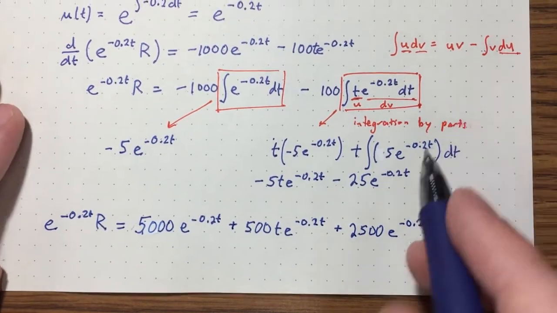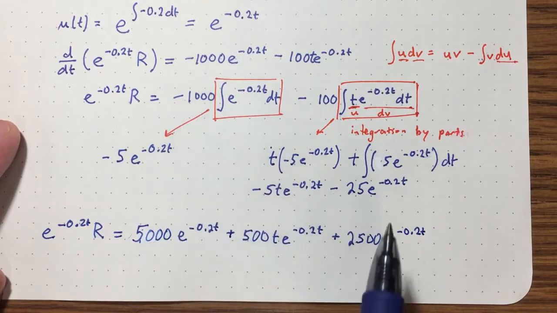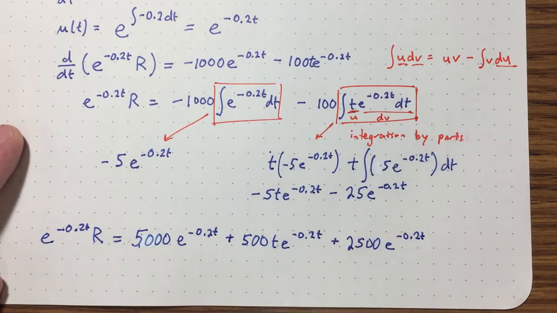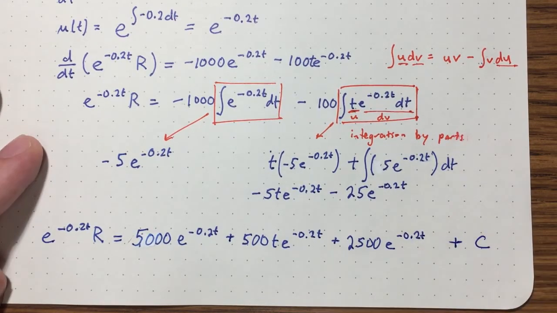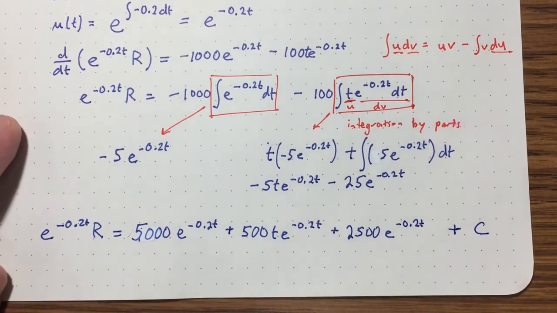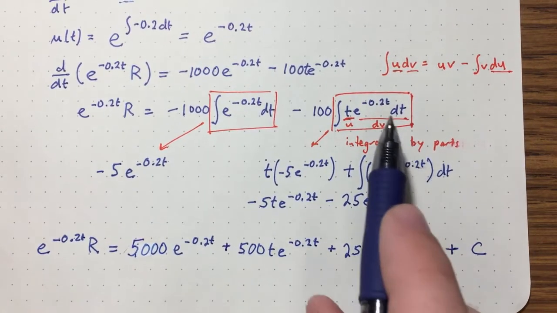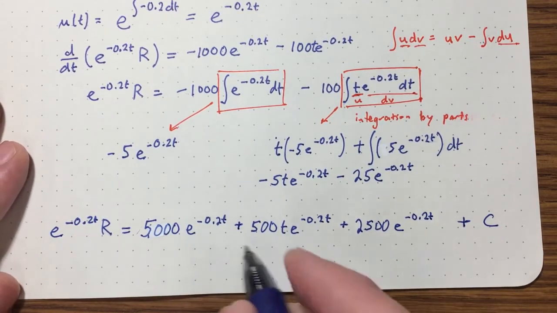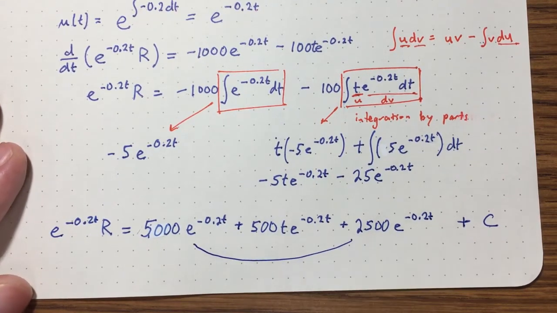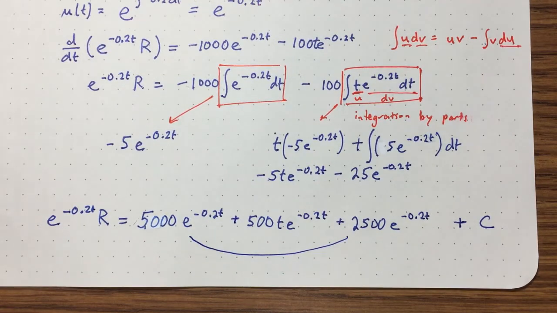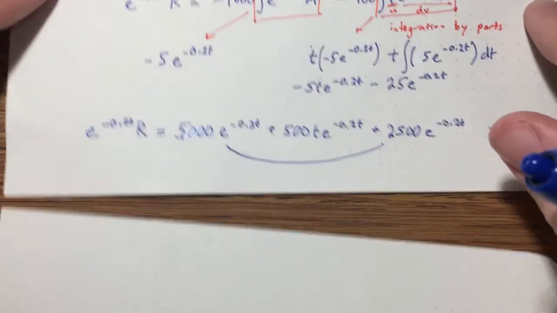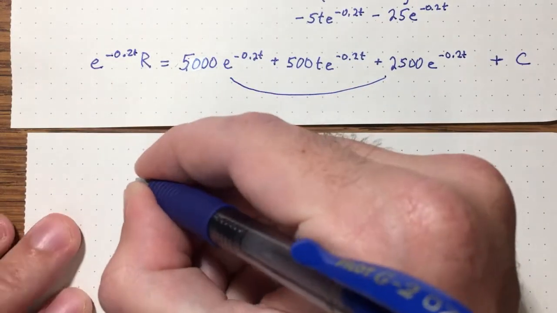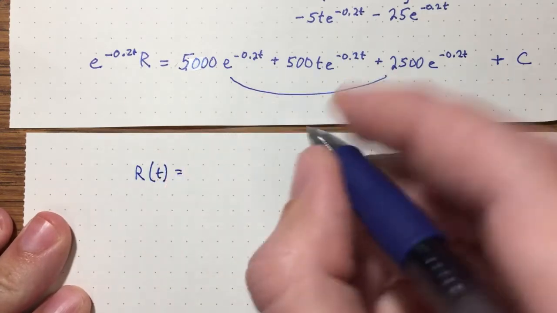Okay, but before we do anything else, I forgot something very easy to forget, right? We took an antiderivative here, so we need our constant of integration. So easy to forget when we're mired down in all these integrals. Okay, so then let's combine these two to give us 7,500. And at the same time, I'll divide by this e to the negative 0.2t. So we get r of t equals,